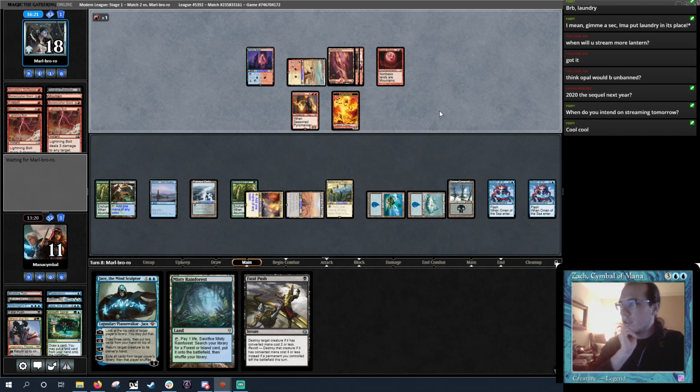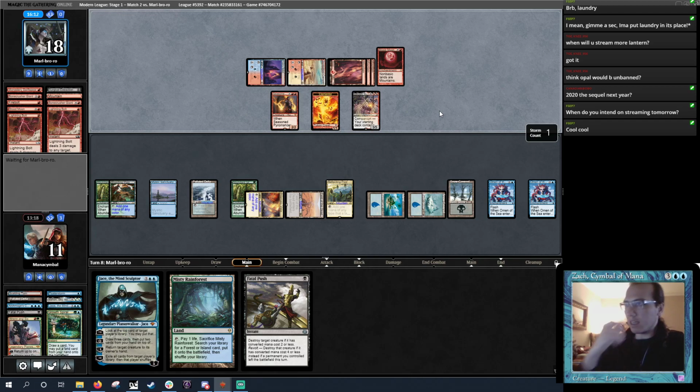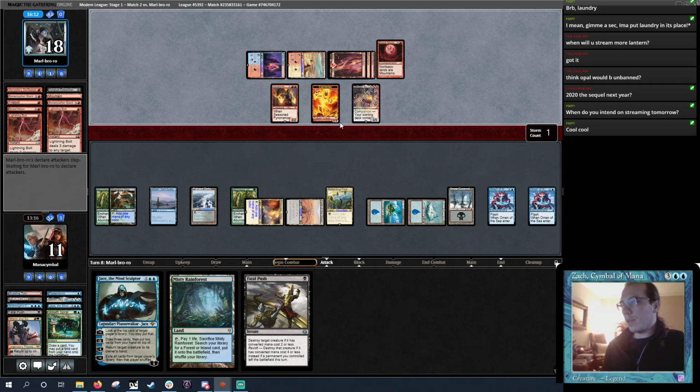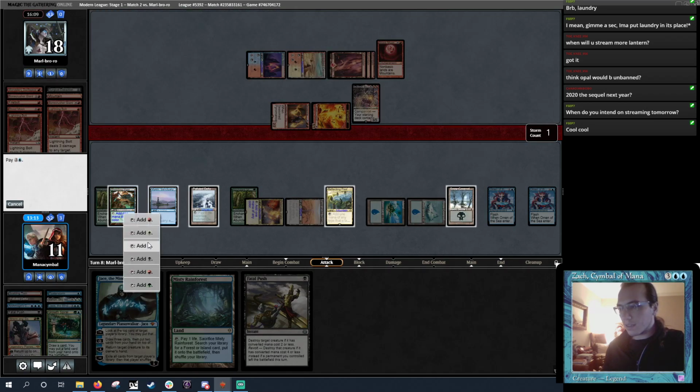Okay, so we're only taking 1 damage this turn. We've got lots and lots of answers in the rest of our deck for this. So, this ain't not bad. The Elemental is not an odd converted mana cost. It is, in fact, an even converted mana cost. So,